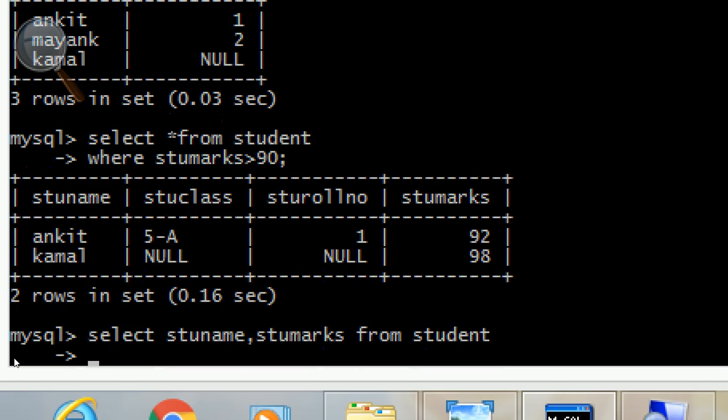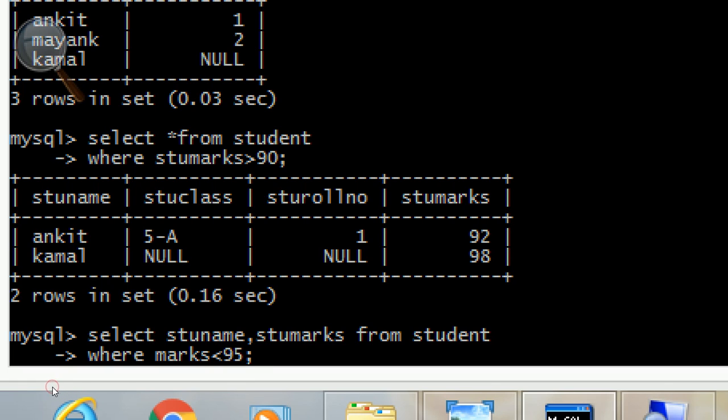Then we write the where command for the condition, where the condition is, suppose, marks less than, this time less than, marks less than 95. Then press the semicolon.